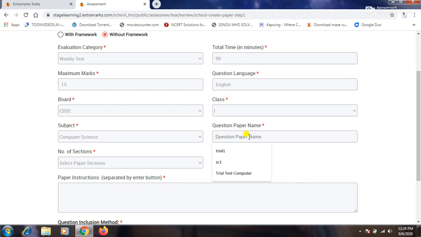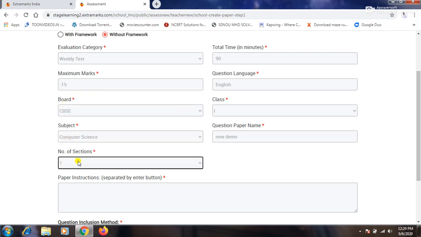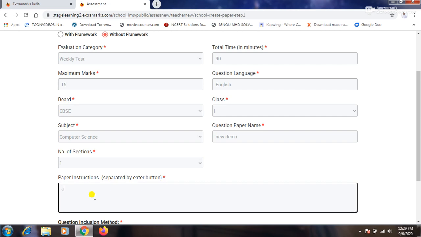So I'll create like new demo. Number of sections. If you want to keep the section as 2 separate parts, you can click on 2, or else you can keep it as 1. So I'll keep it as 1. Paper instruction: all the questions are compulsory.